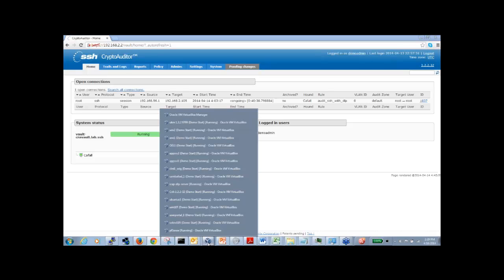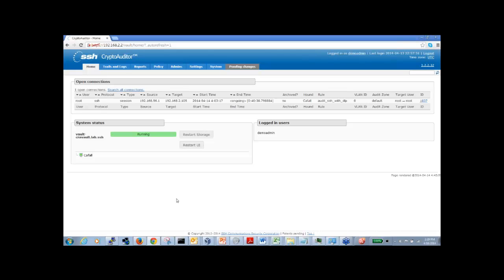Just to give a brief explanation of my environment, I have this running within a VirtualBox environment, so it's all running on my laptop, which speaks a little bit to the simplicity of the solution and how you can put it practically anywhere. Typically with implementations, where you want to set the hounds would depend on what kind of environment you want to monitor.